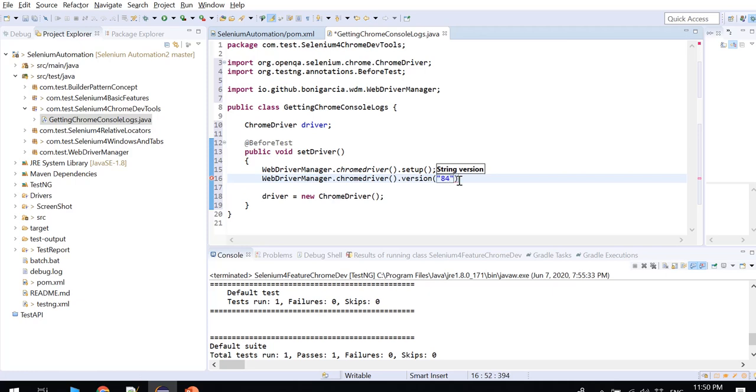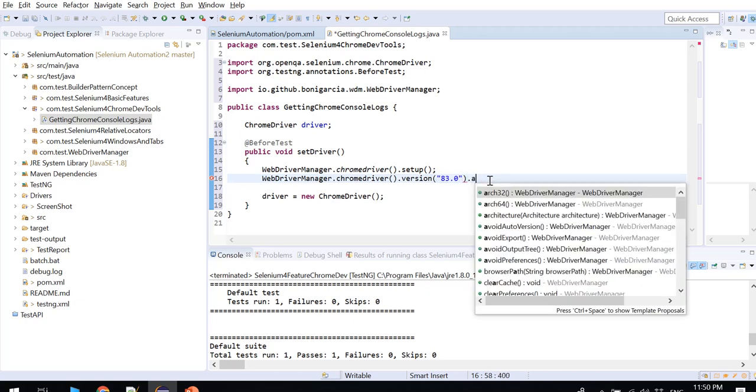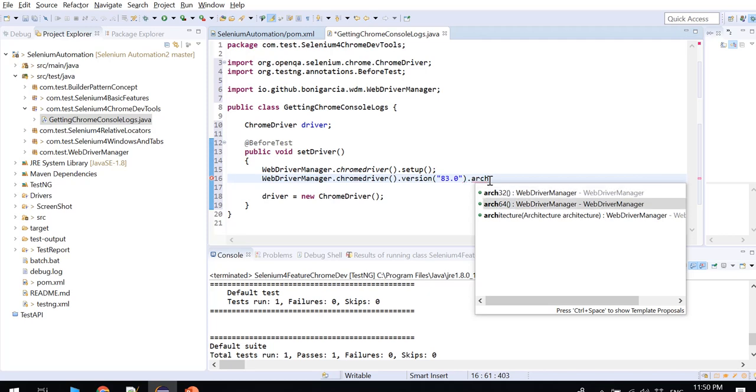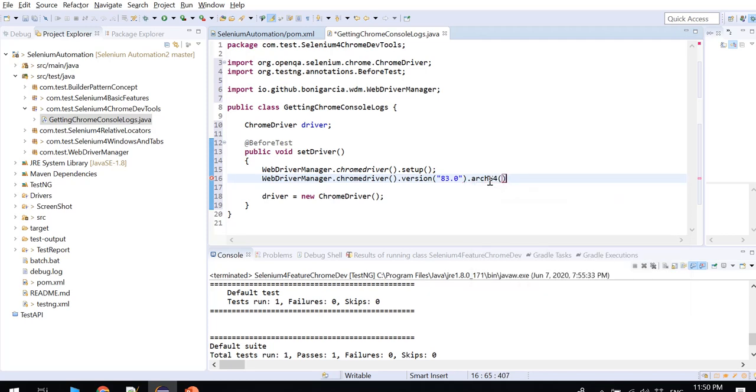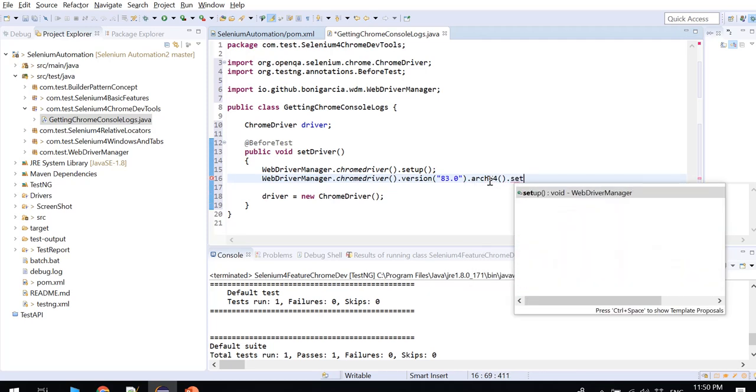I'll say my Chrome browser is version 83, and my system is 64-bit. Let me say setup.